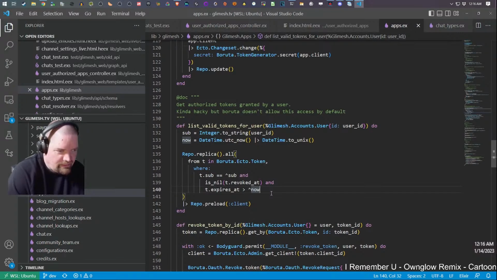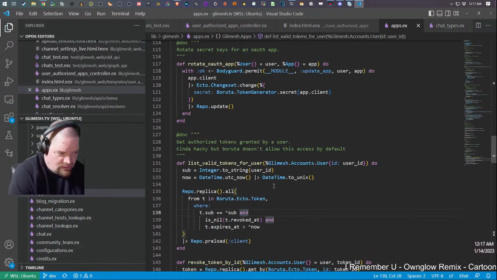Just from looking at it, but I would have to test this locally, like register something and then see it actually fall off of the list.